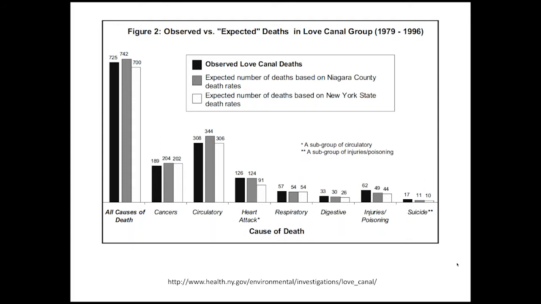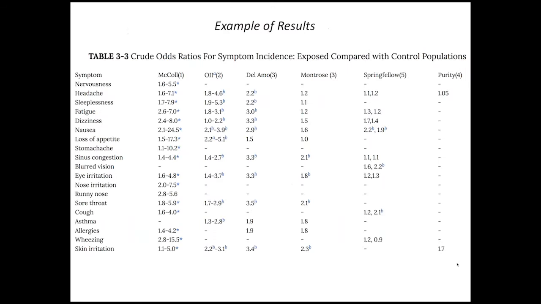And as far as symptoms, I just wanted to show the application of the odds ratio. And here you see for something like headaches, for this population of exposed versus a control population, an odds ratio of 1.6 to 7.1. 1.6 translates to 60% increased disease, as opposed to 7,000%. So that's the range there. So the unit we're generally looking for is the relative risk, or the odds ratio. And for this particular exposed population, you could see positive findings for just about every single acute health effect, which is sort of what we're focusing on.